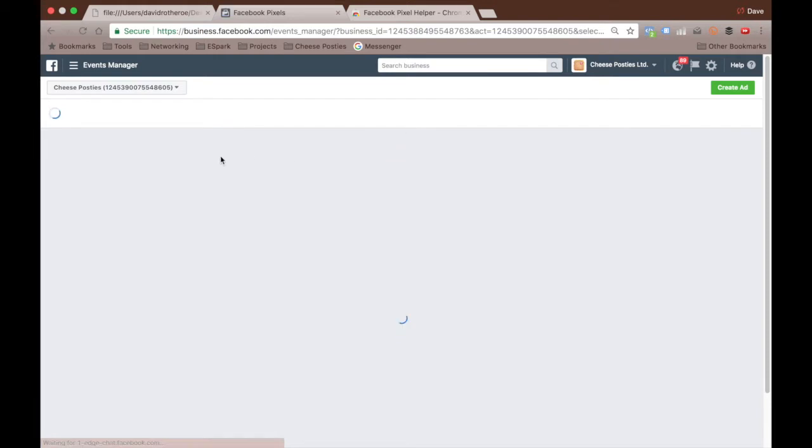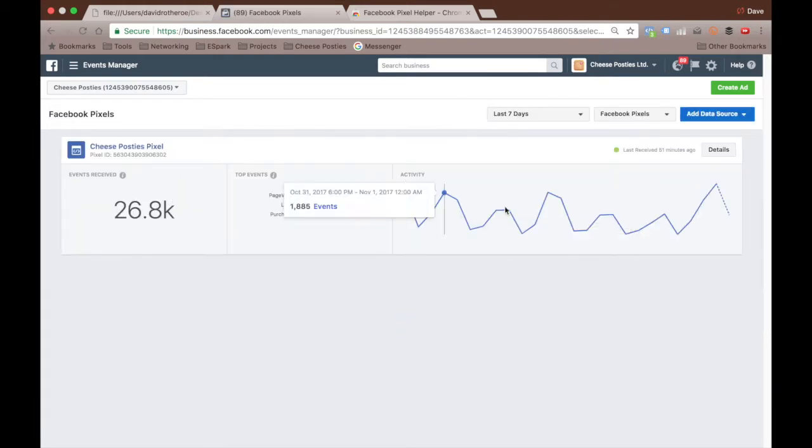Now you're only ever going to have one pixel per ad account, because the idea is that you have one pixel per business. Your view is going to show you, it will probably give you a prompt to create a pixel if you don't already have it installed. So you want to create that pixel and then install it on your website following the instructions,